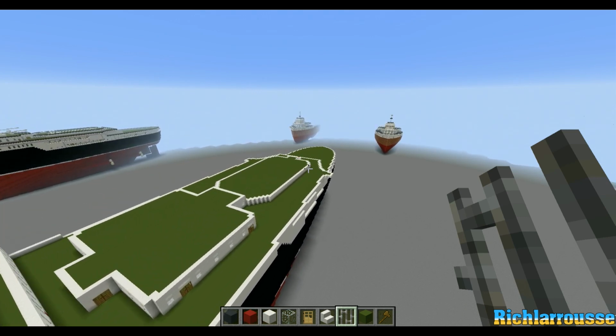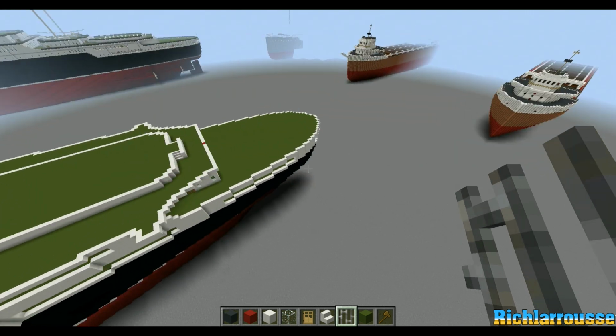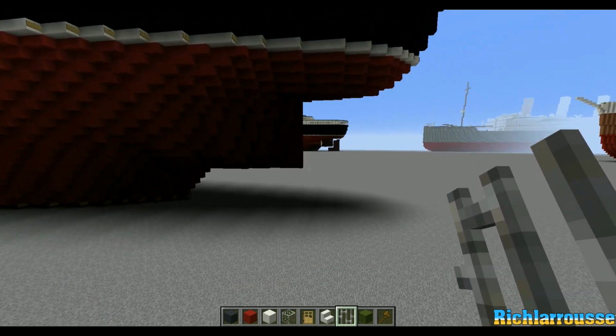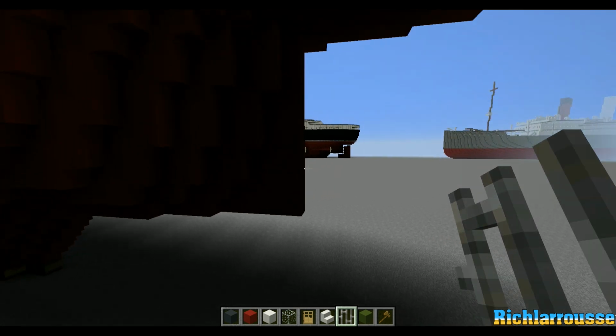So we'll just fly all the way to the back of the ship and look at what we've done already. So this thing is huge already. So what we'll do is go to the underside, and what we've got now, we've got this straight on the red underneath. You've got this straight part here. This is where we're going to add our hinges. Now the hinges are